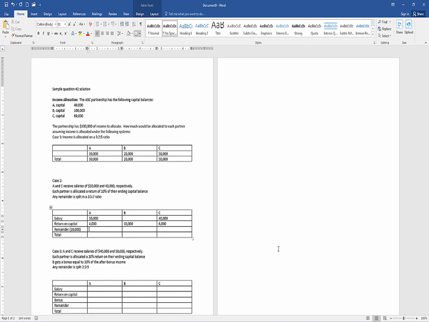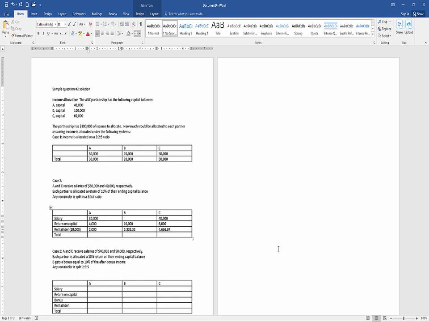We add 3, 5, and 7, which adds up to 15. A gets 3 out of 15, or 20% of that $10,000. B gets 5 out of 15, or 1/3 of that $10,000. And C gets 7 out of 15, or 7/15 of the $10,000, or